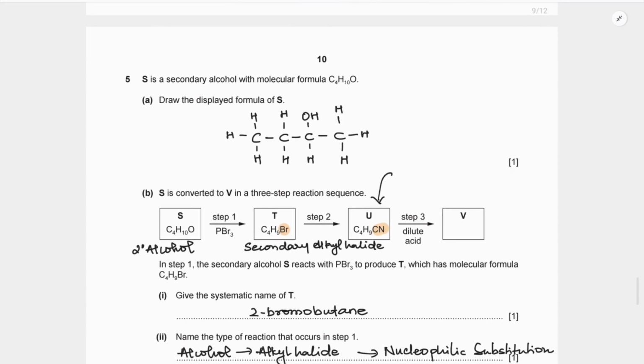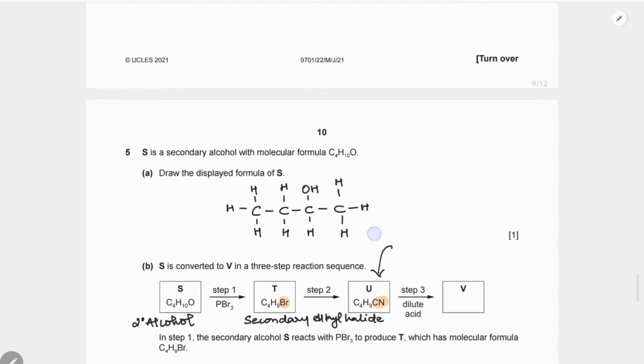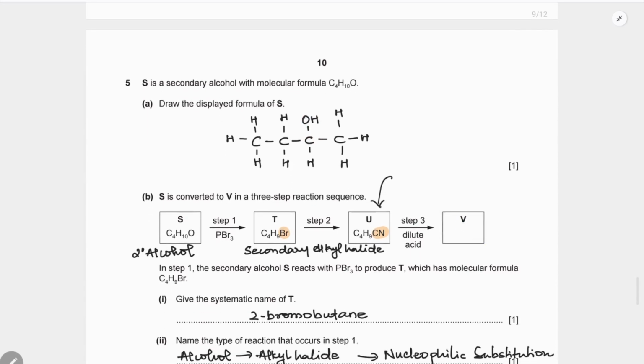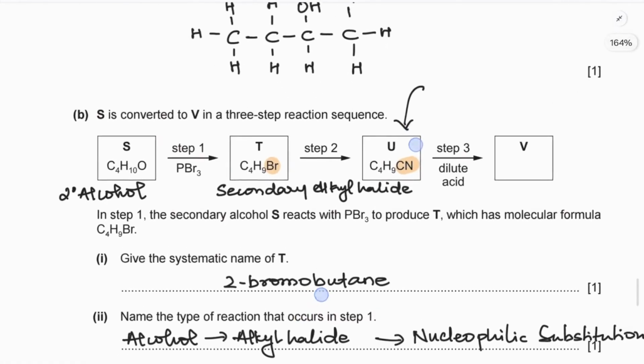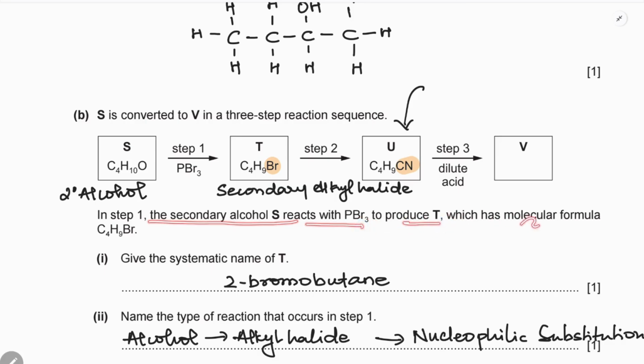Question 5. S is a secondary alcohol with a molecular formula of C4H10O. Draw the displayed formula of S. So we have 4 carbon atoms, 1, 2, 3, 4. And we can add the secondary alcohol, that means on the second carbon, we are going to have the alcohol group. It's quite easy. S is converted to V in a 3-step reaction sequence. In step 1, the secondary alcohol S reacts with PBr3 to produce T, which has molecular formula